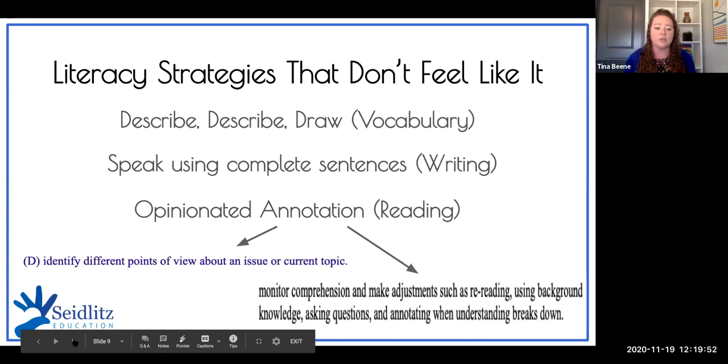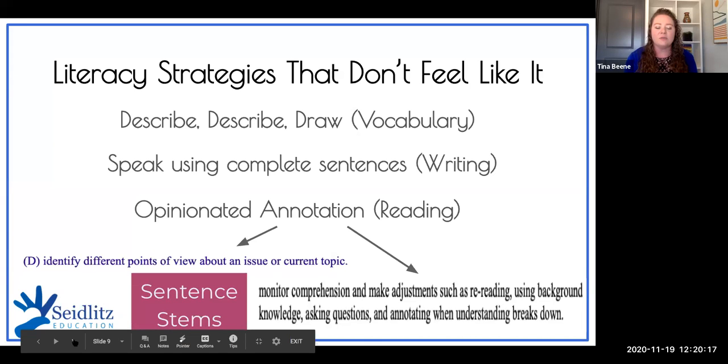And you'll notice across the content areas, we're all so focused on helping students appreciate different points of view. And just because I understand it doesn't mean I have to agree with it. So I think that's a really important point to make. We want our students to identify different points of view. And then we want them to be able to understand different points of view, but that doesn't mean we have to accept or agree with those points of view. We just want to make sure that we understand and identify them.